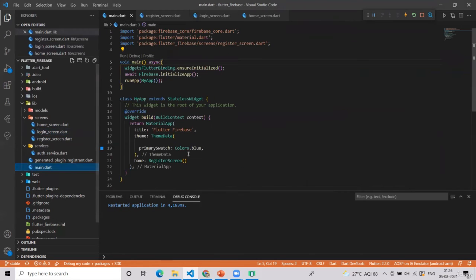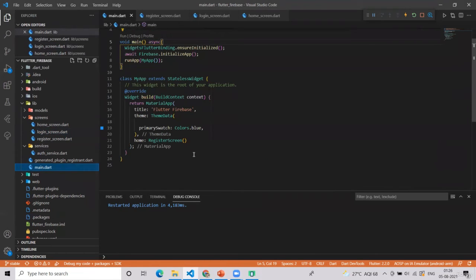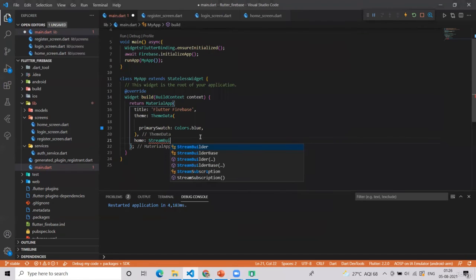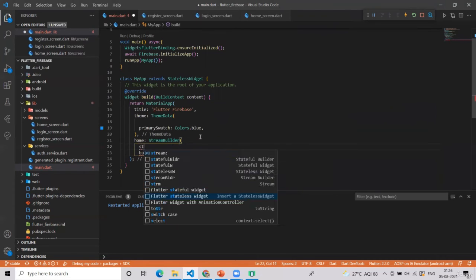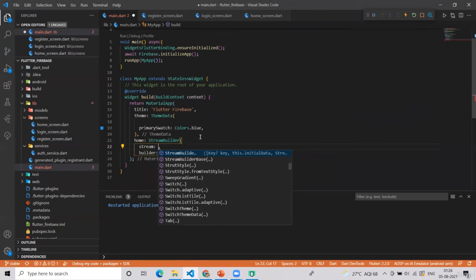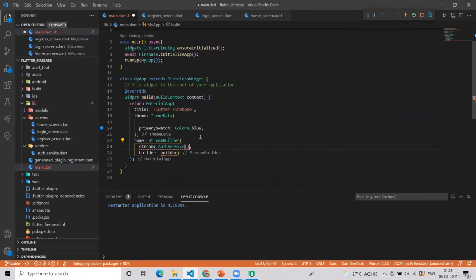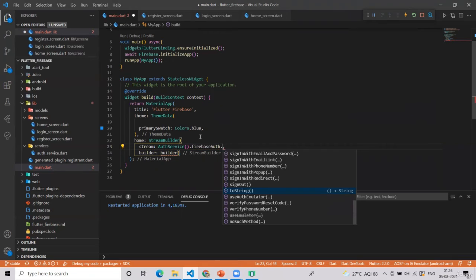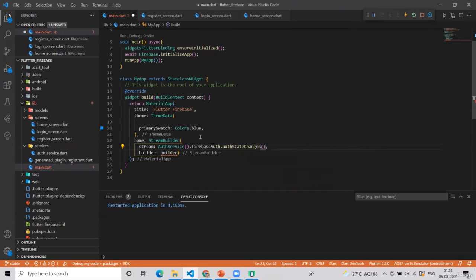For that, let's go to the main.dart file. Here in the home screen, you simply have to write StreamBuilder. Then in the stream, we will use authService.firebaseAuth.authStateChanges.